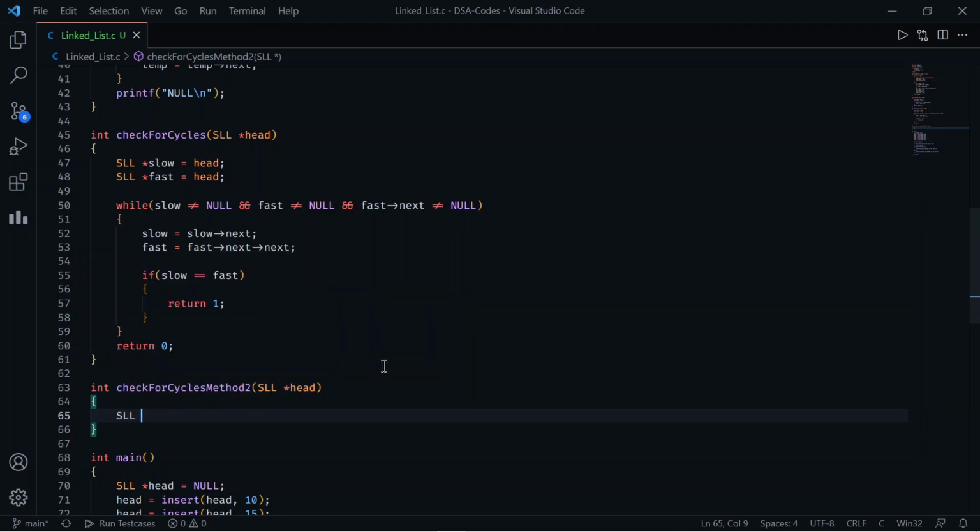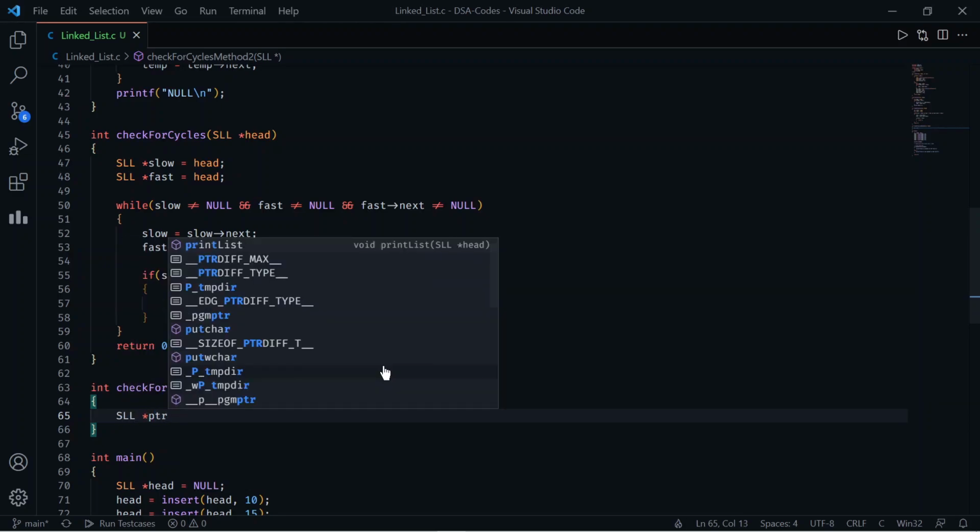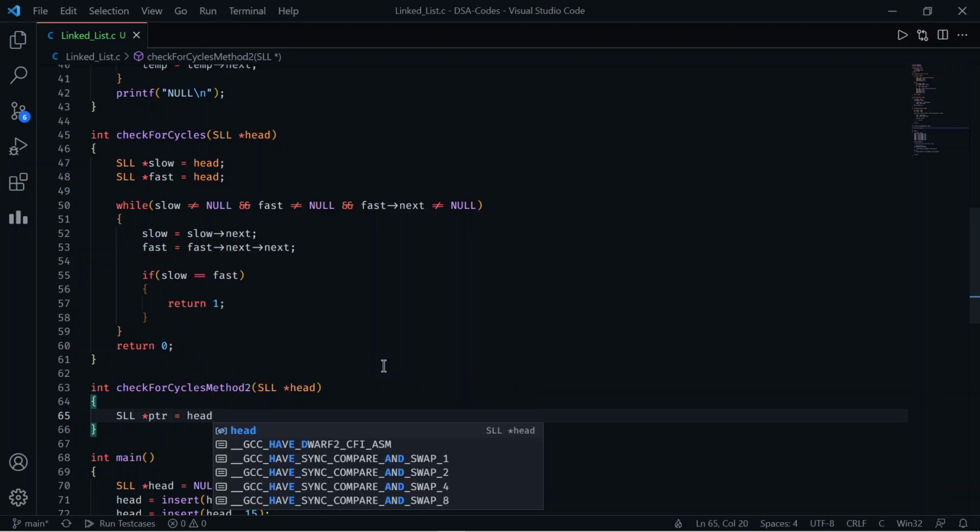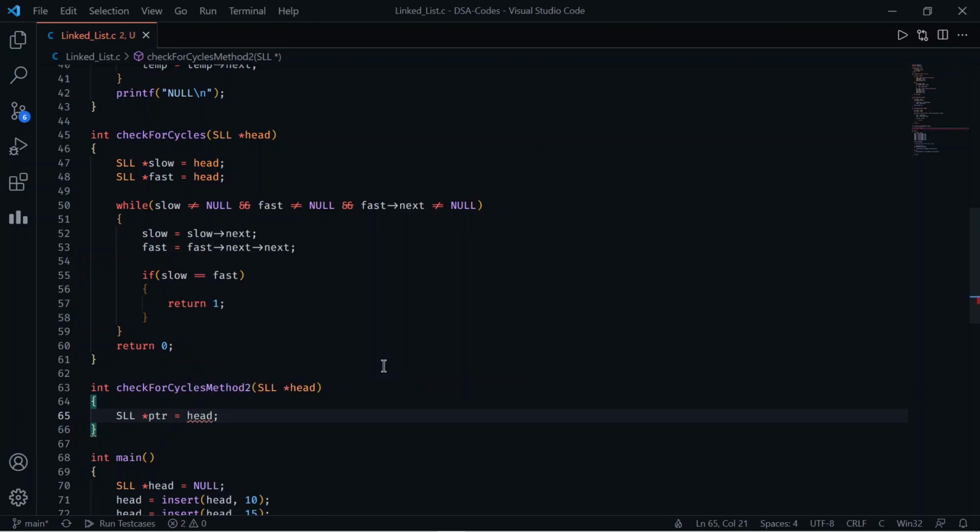So let's create a pointer, let's say ptr, which is equivalent to head initially. And what this ptr does is it simply iterates through each and every node of the list.